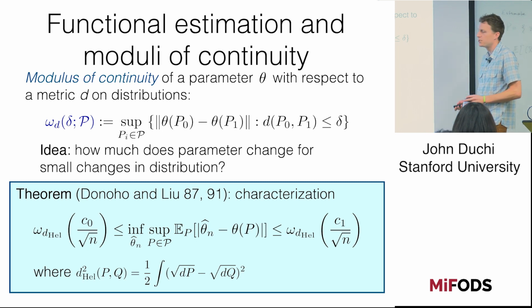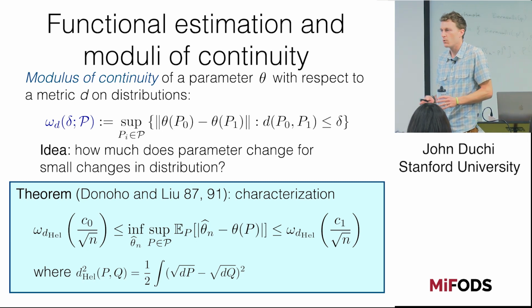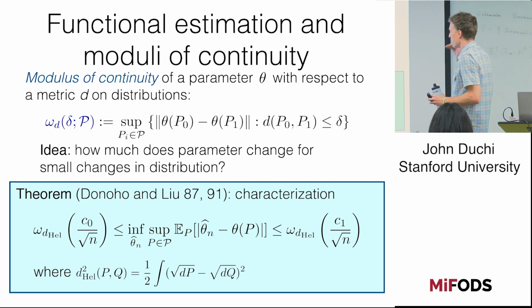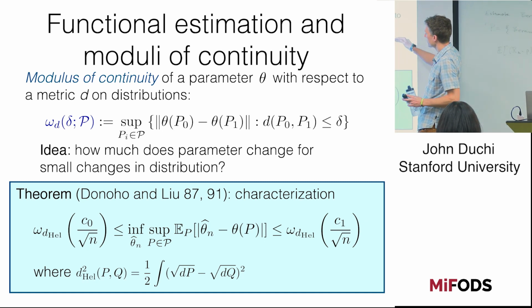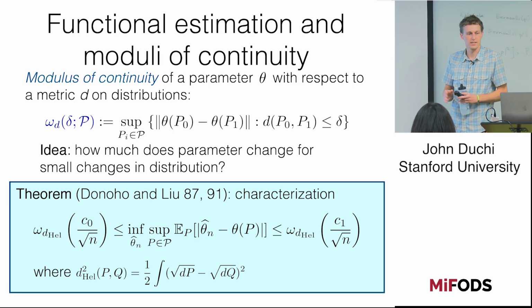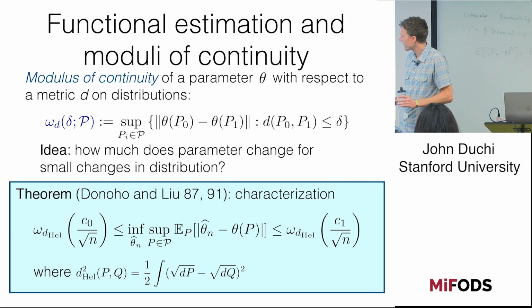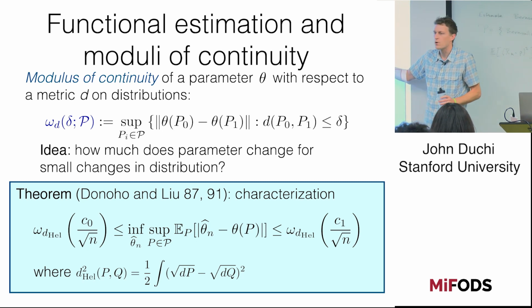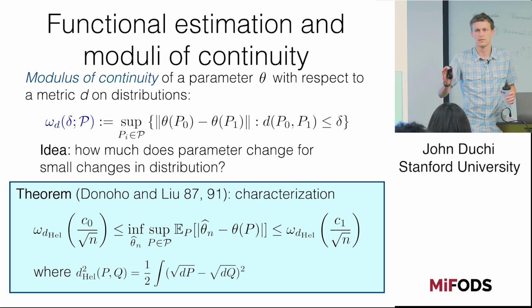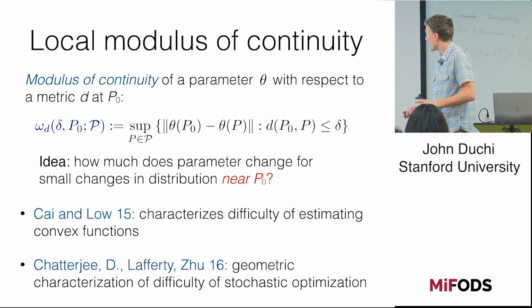So then there's a beautiful set of work known as geometrizing rates of convergence in the late 80s, early 90s by Donoho and Liu, which basically says that in a minimax sense, this quantity literally characterizes estimation, at least in a worst case sense. And given that we're running out of time a little bit, I'm just going to say we know this does it in classical statistics. It nails it. And so now we're going to do it for the privacy setting, okay?